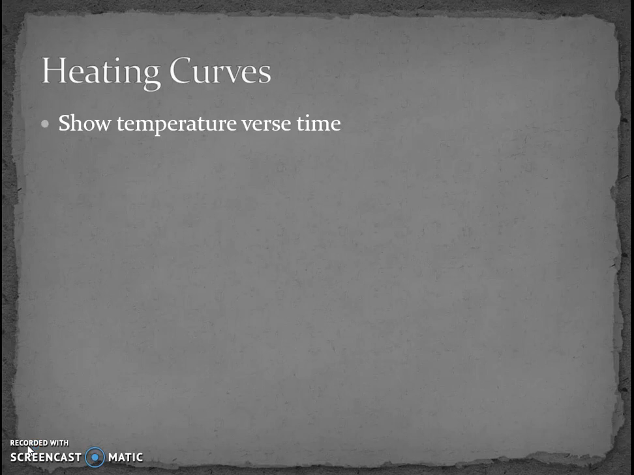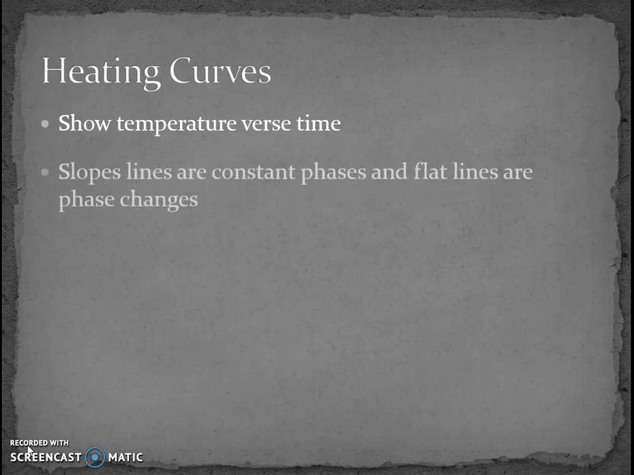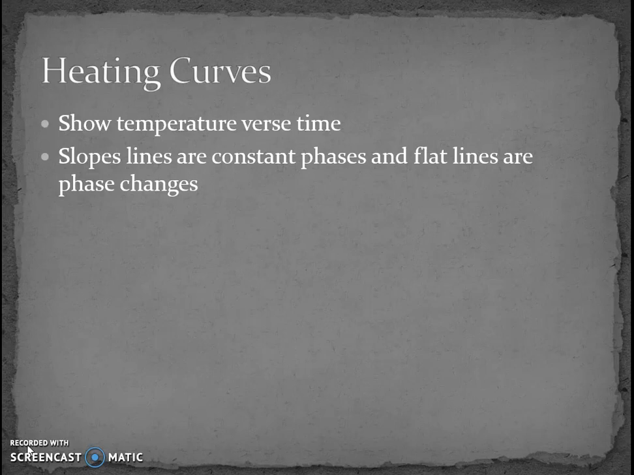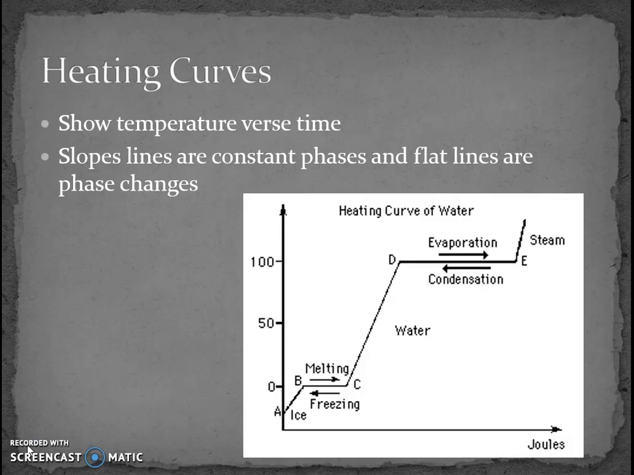It shows how, as you put more energy in over time, the temperature of that substance changes or how the phase changes. The slope lines of a heating curve show the change in temperature for a given state, and when it's flat lines, that's when we're in a phase change between a solid and a liquid or a liquid and a gas. So we see that here with water, from A to B, as time goes on, we put energy